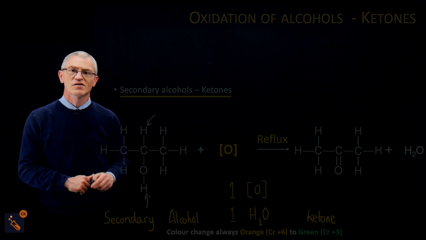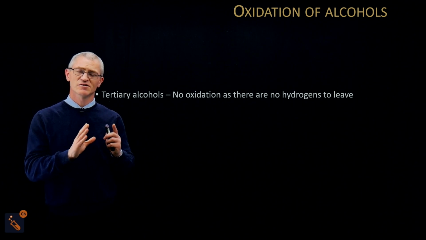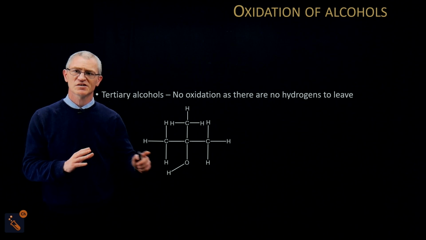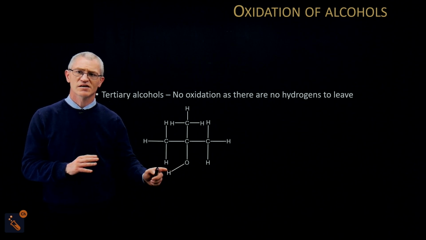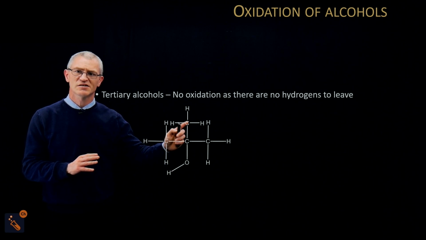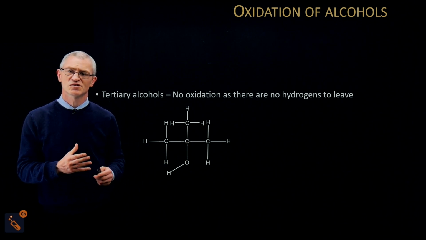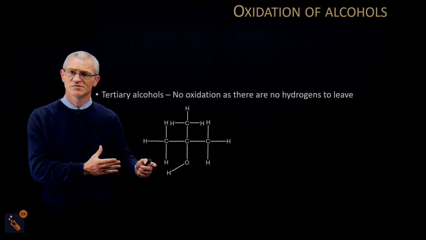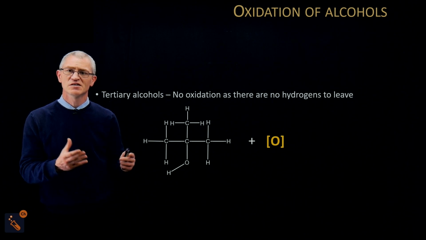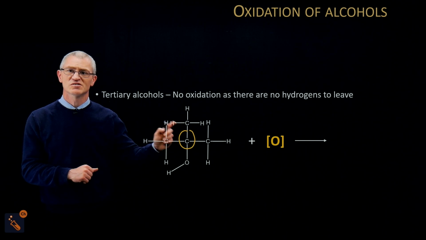Now, we're now going to do tertiary alcohols. Now, tertiary alcohols, there is no oxidation as there are no hydrogens to leave. Now, what does that really mean? So if you look here, I can see there's a hydrogen here which could potentially leave, but I can't see any other hydrogens that are directly on this carbon. And you need two hydrogens to leave to do an oxidation of an alcohol to go up to a ketone. And that's the only way it could go because it's got two R groups either side for the ketone. So even if you add the oxidizing agent, you'll find that nothing actually happens because there's no